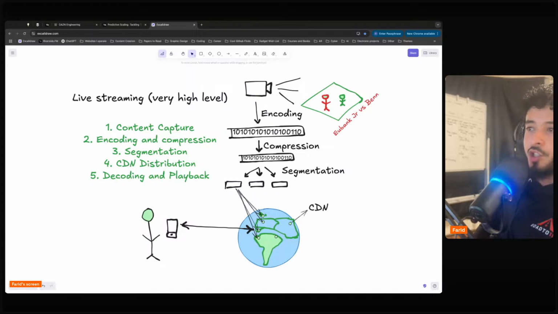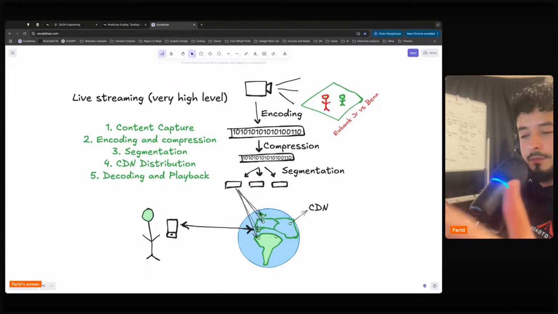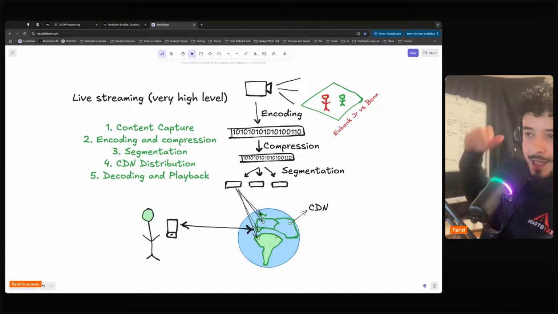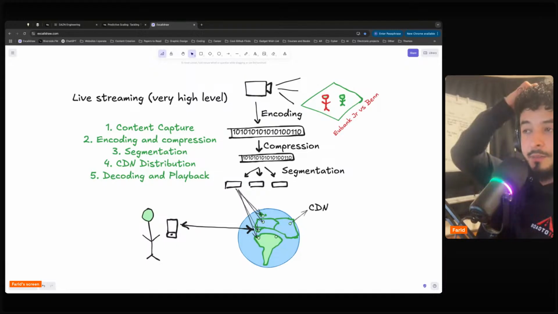Essentially, they're using machine learning to predict how many viewers are going to be there at a certain time, and using that information, they're able to scale elastically so that users can have a good experience.